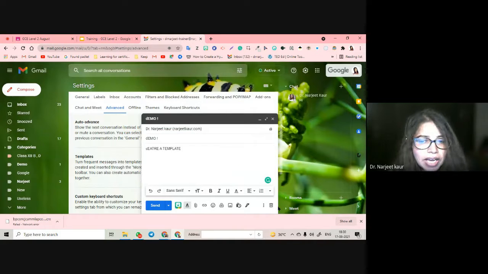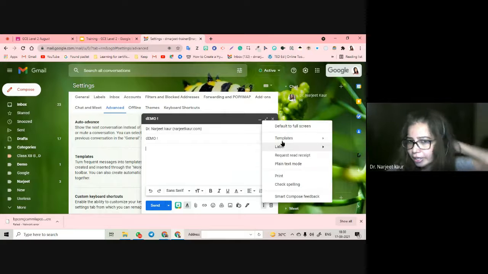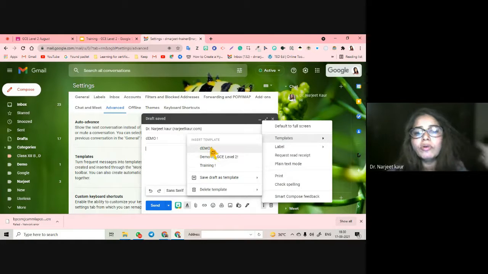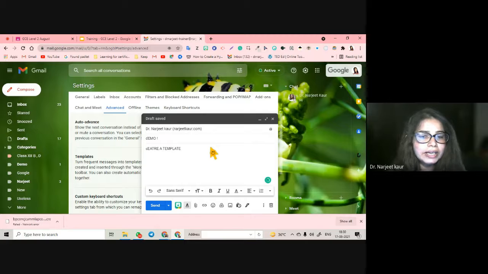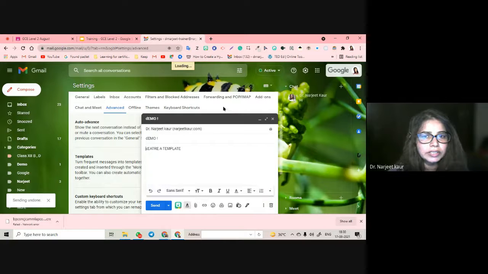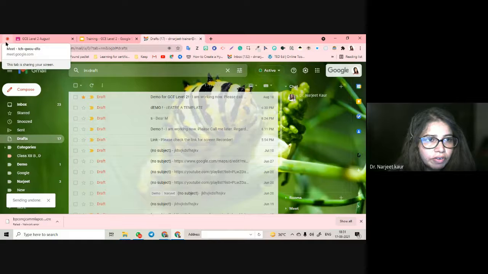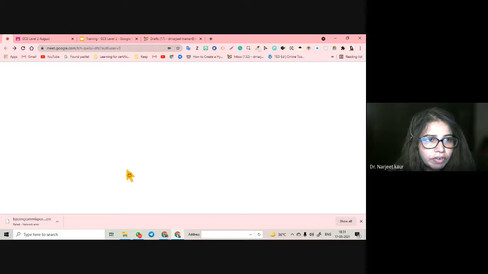And then after that, when attaching it, how to attach it? I go here, I click on templates, then I go on this demo and I attach it. And then I send the mail to somebody and send. Undo, delete, whatever you want to do, you can do. This is all that you are going to be tested from Gmail. I know this was a lot of information to have, and a lot of information to grasp also.